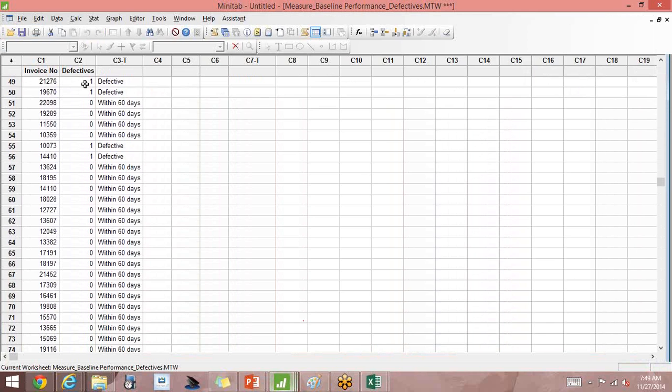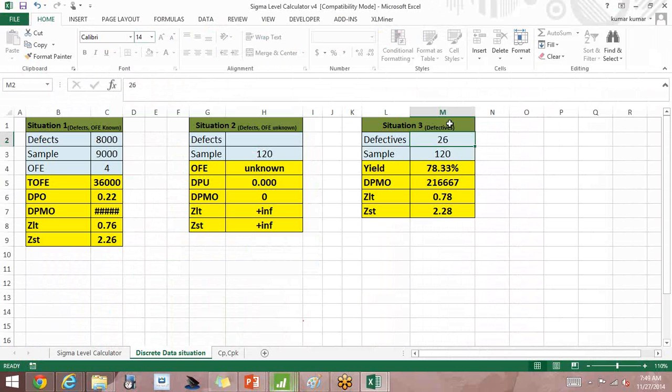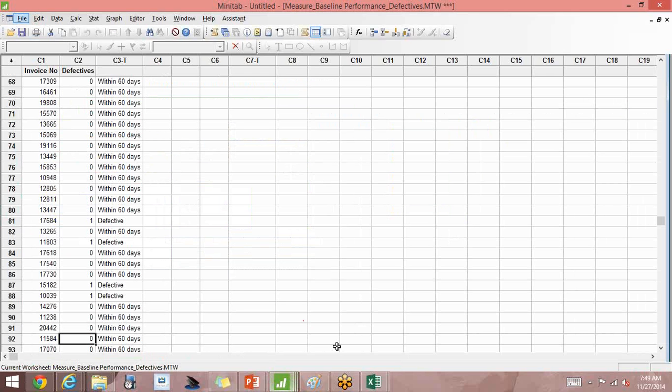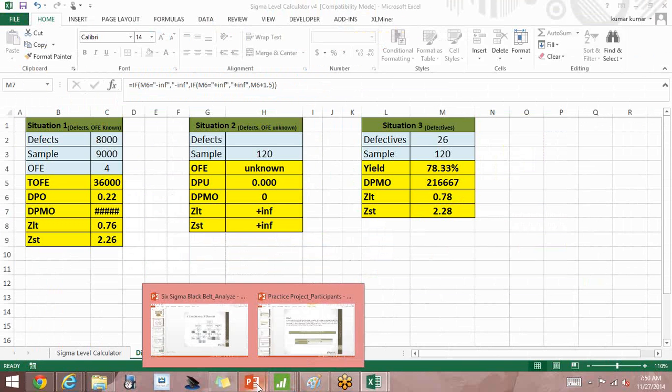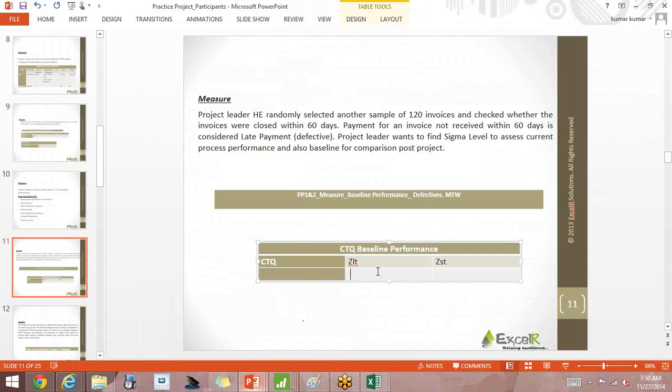In this way, if you count the number of ones, you will see it is equal to 26. If you have 26 defectives in a sample of 120, then ZLT and ZST are 0.78 and 2.28.